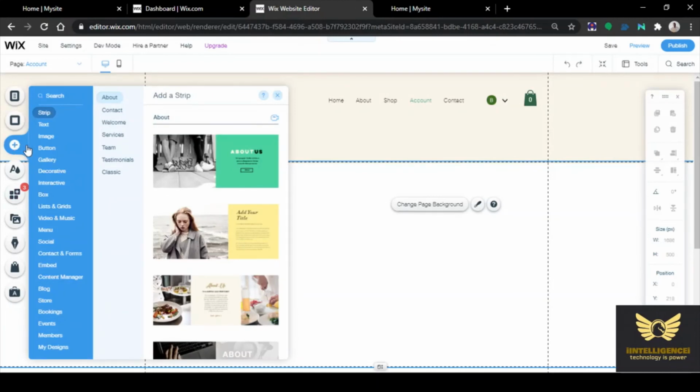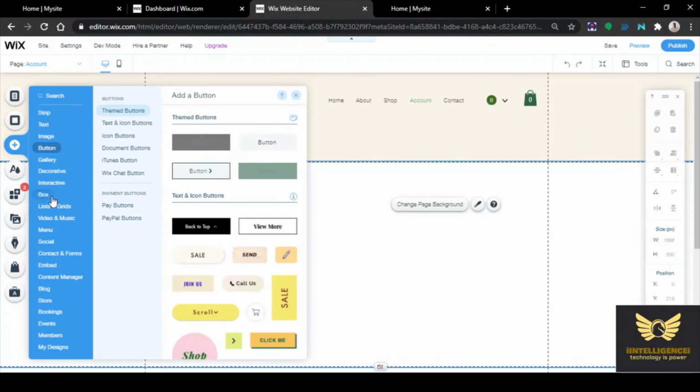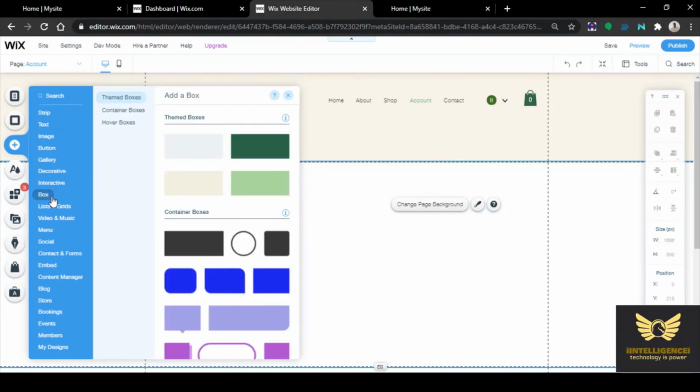We need to add some text in it. So let us explore where is the text. This is the box, themed box.